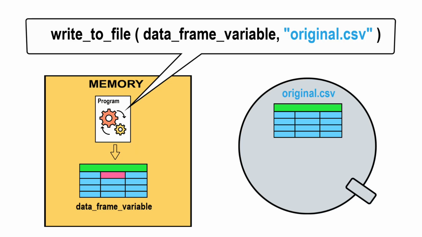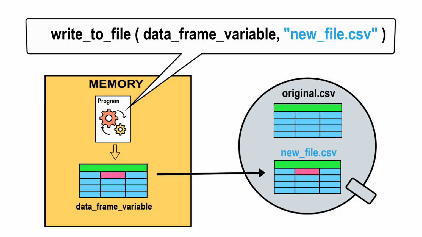device. If the file name specified in the command is the original file name, the command can be used to update the original file with the changed values in the data frame. However, sometimes it may be desirable to preserve the original file contents and create a new file to hold the changed data. In that case, that new file name would be used in the write to file command to copy the data frame values to the new file, preserving both the original file contents and the changes made by the